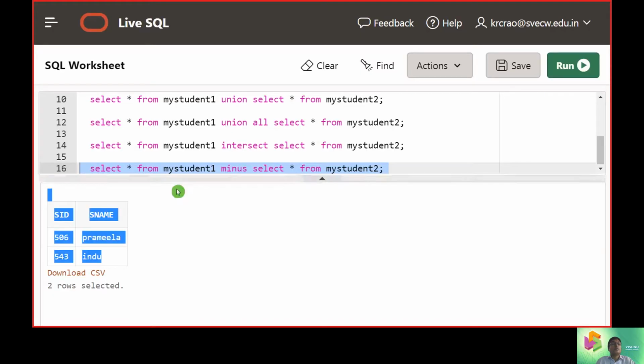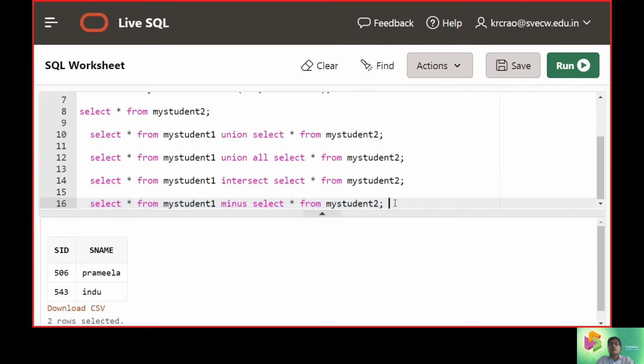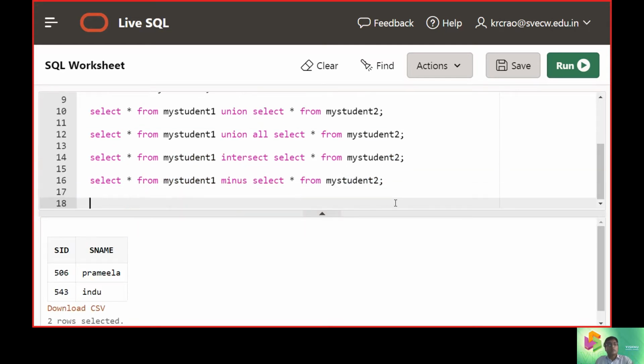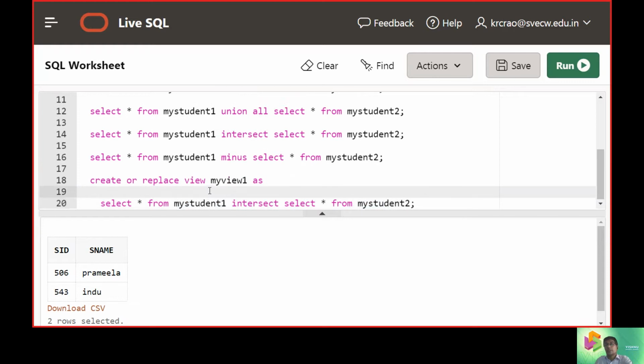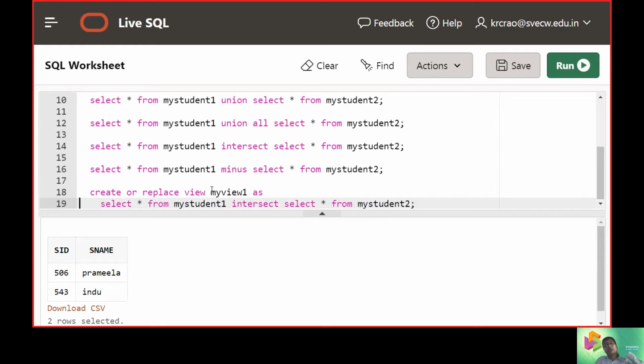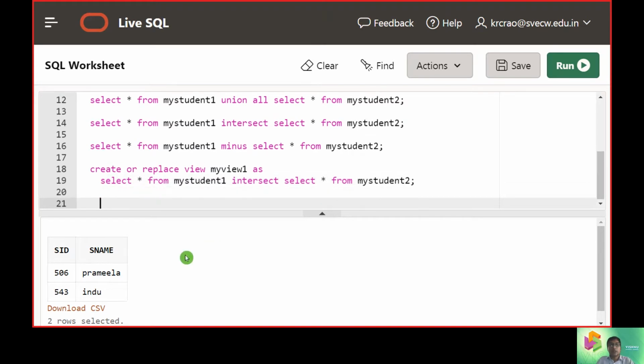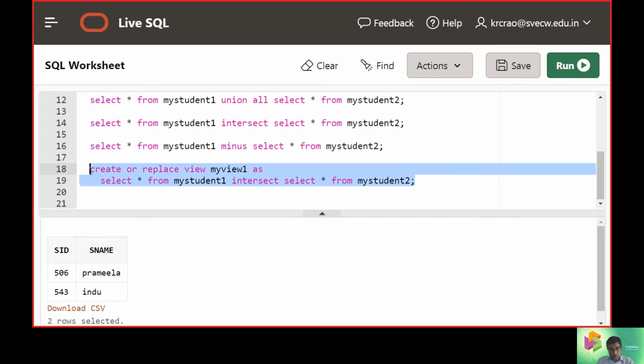Now create or replace view, the name of the view is my view 1, and then select star from my student 1 intersect with another one. So let's see how the view is created here. You are hitting on the run button for view creation.